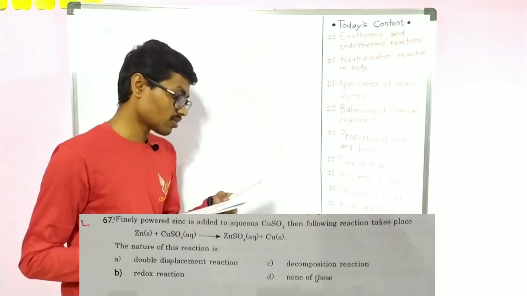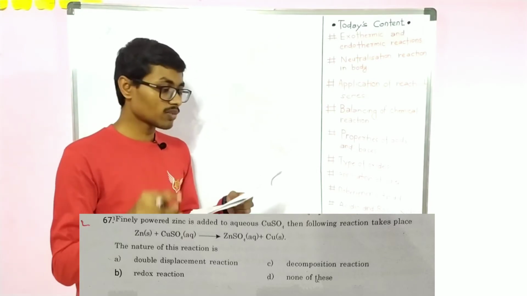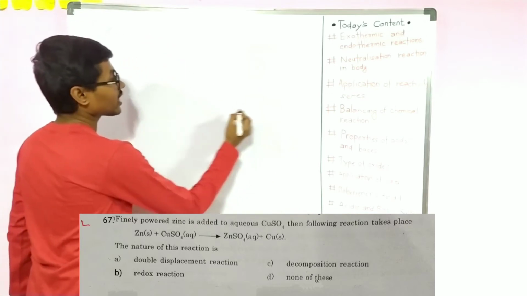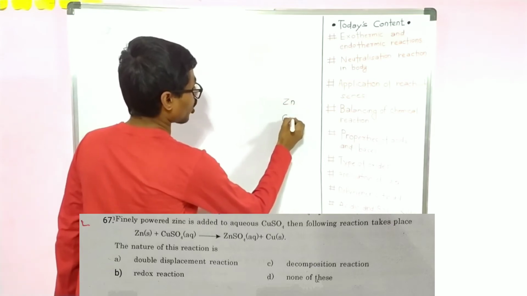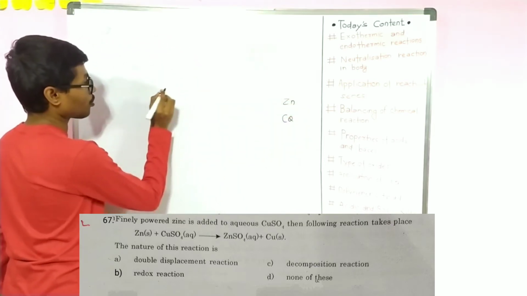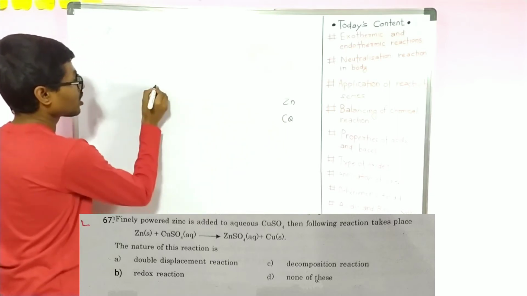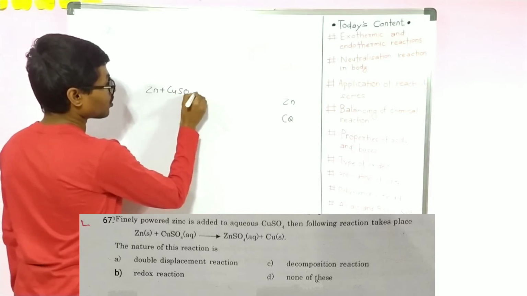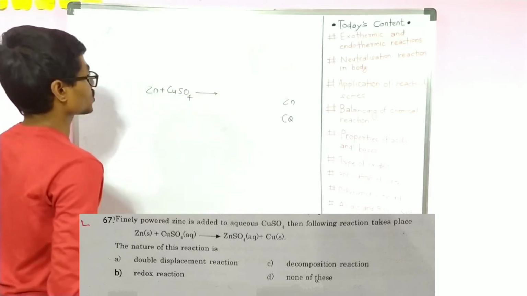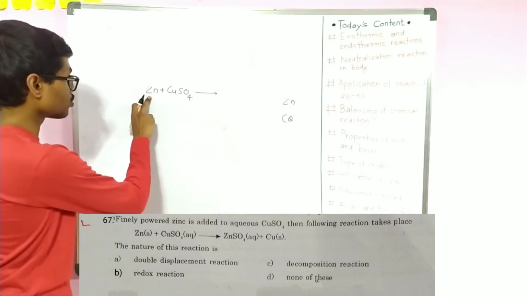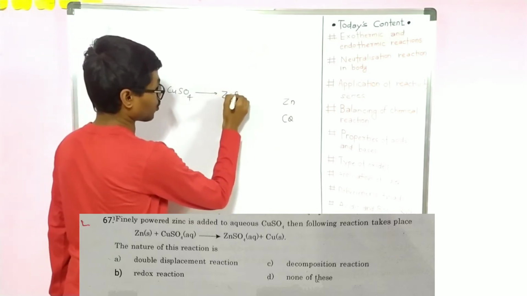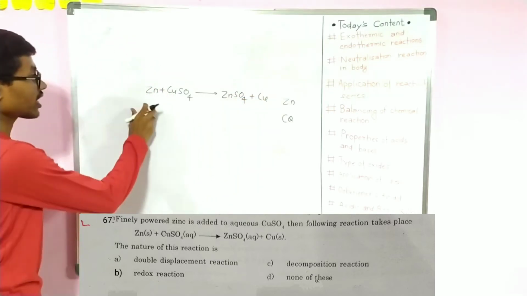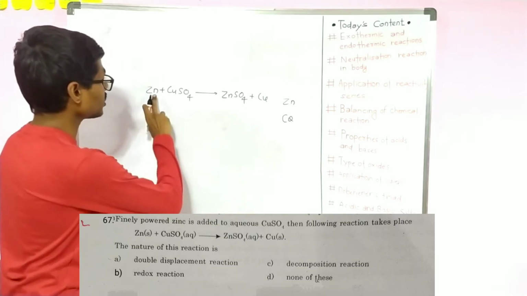Now they have given zinc plus CuSO4. It converts into ZnSO4 and Cu. In the reactivity series, zinc is more reactive than copper. We have to remember the reactivity series. When we add zinc to CuSO4 solution, since zinc is more reactive, it will form ZnSO4 and Cu is formed. In this reaction, Zn is oxidized